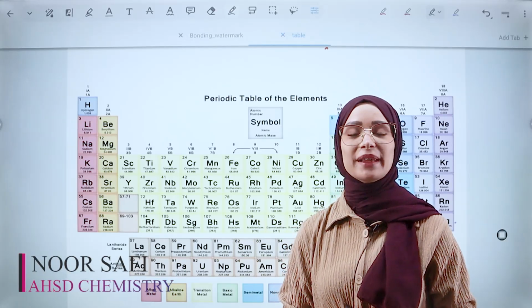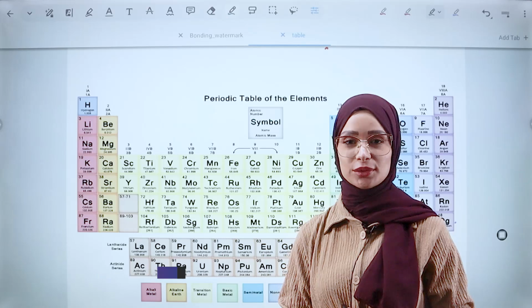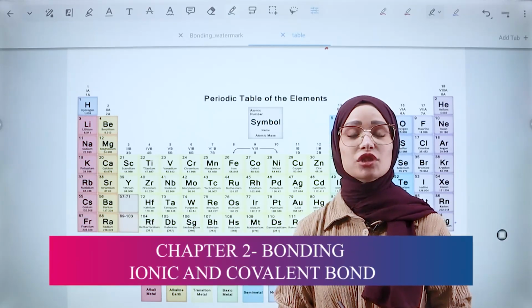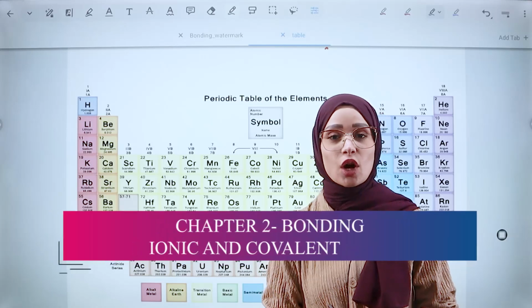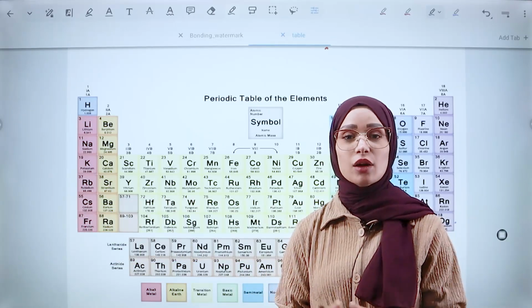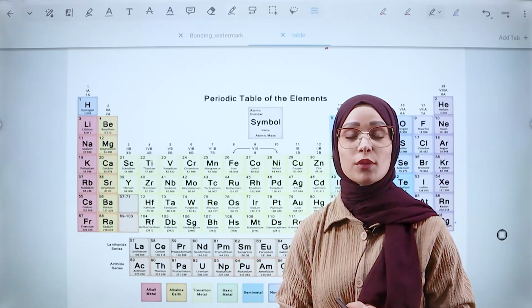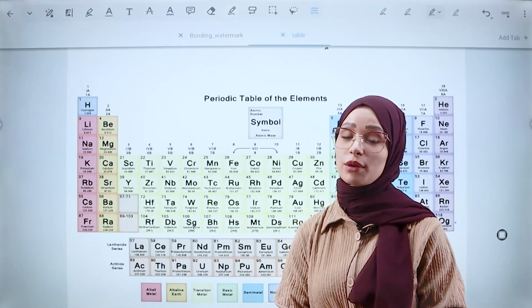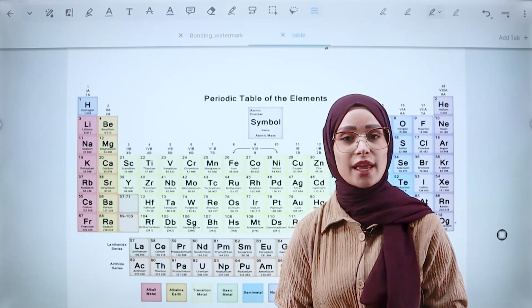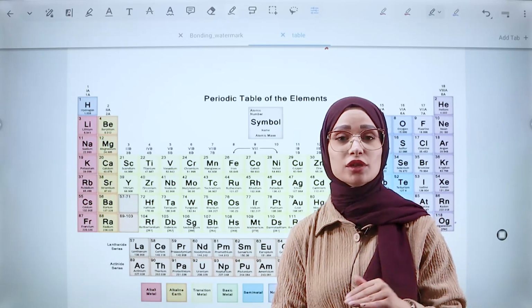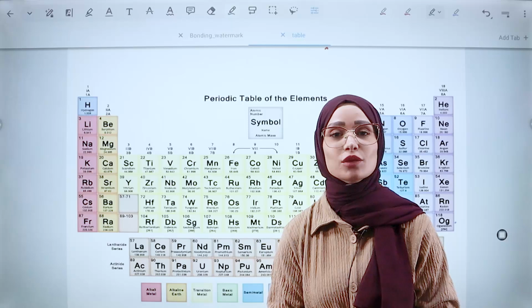We are going to explain in this video chapter 2 in the chemistry course, which is bonding. In this chapter, we are going to learn what types of bonds these atoms or elements form when they combine with each other. What type of bonds do they have? This is a really important chapter, and it is considered a basic part